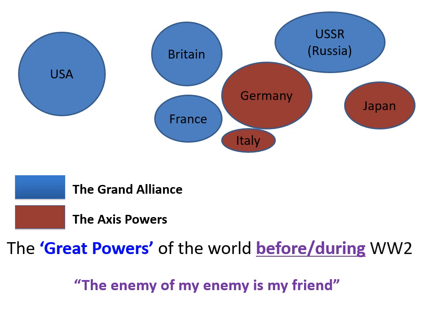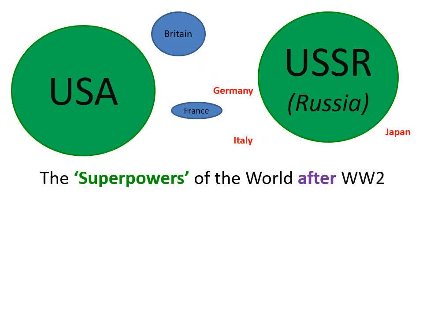But obviously, once Hitler has been defeated, once World War II has ended, all of those rivalries bubbling under the surface can come back. So looking at what the world was like after World War II, you can see from this beautifully descriptive map, Britain and France have lost some power. Germany, Italy and Japan have lost so much power. But America and the Soviet Union, or the USSR, or Russia, they all basically mean the same thing. These two superpowers have emerged for two very different reasons.